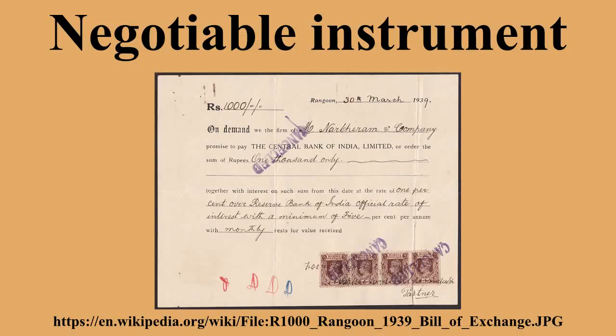A negotiable instrument is a document guaranteeing the payment of a specific amount of money, either on demand or at a set time, with the payer named on the document. More specifically, it is a document contemplated by a contract, which promises the payment of money without condition, which may be paid either on demand or at a future date.